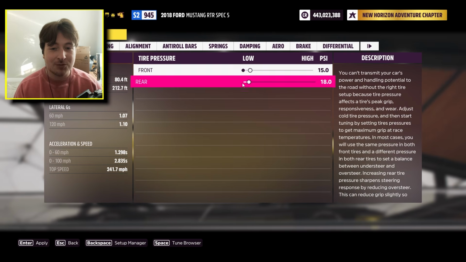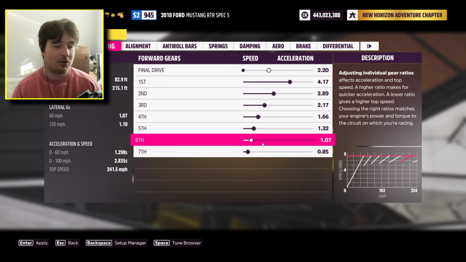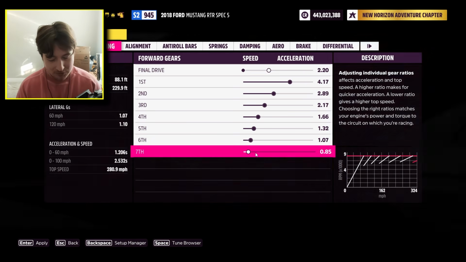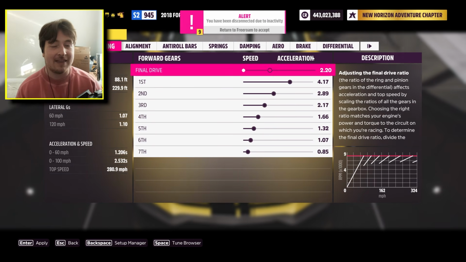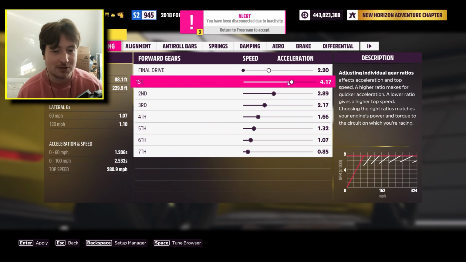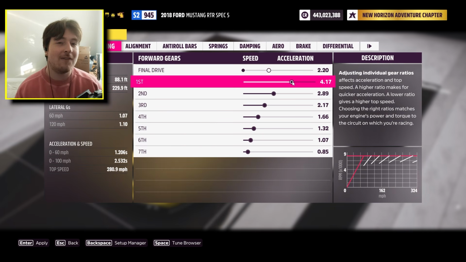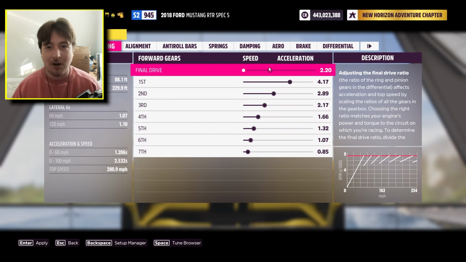So for the tire pressure, we're gonna put both of these all the way down. With gearing, just drop all the way, and most of the time this will be good enough. If you're very picky about it, you can adjust any of these, and that is the nice thing about making your own tunes, is you have the freedom. If you feel like your first gear isn't giving you the performance you want, you have the ability to mess with it a little bit and figure out what works best for you. But in general, if you don't want to worry about that, you can just put it all the way down